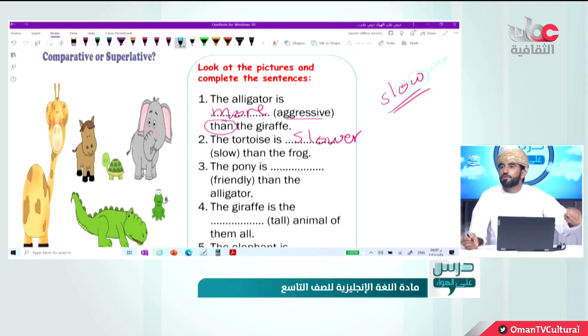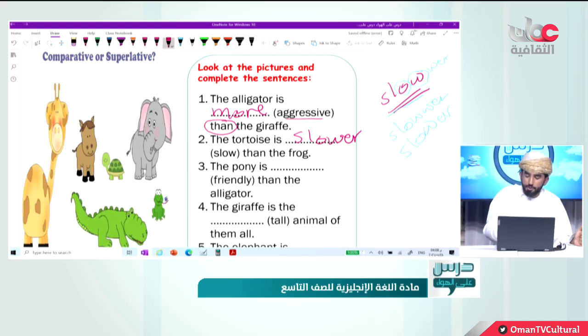Right. But there are some words which are unique. You cannot use the same strategy, like the word slow. Slow is different. Exceptions. Yes, exceptions. We cannot say "slowwer." We cannot double the consonant here. Slow, an exception, we add only ER. It's one of the exceptions. So slower. Thank you for this great question.